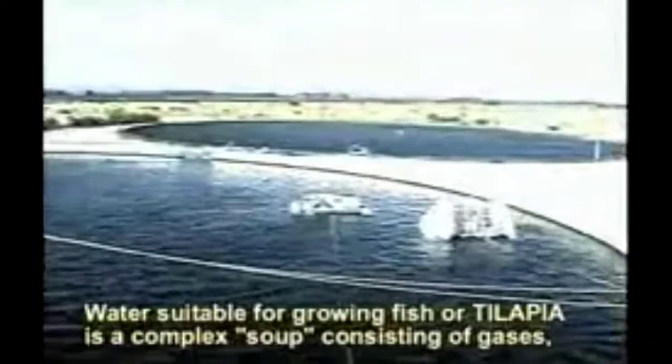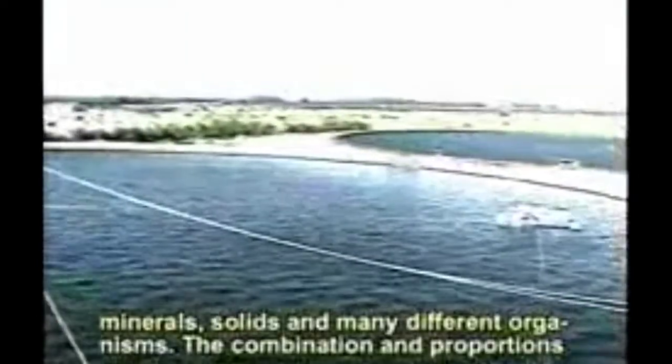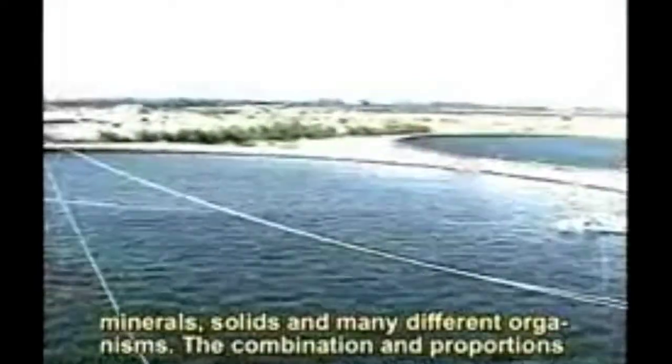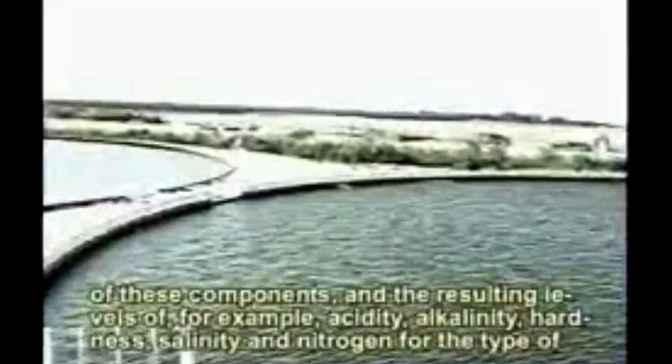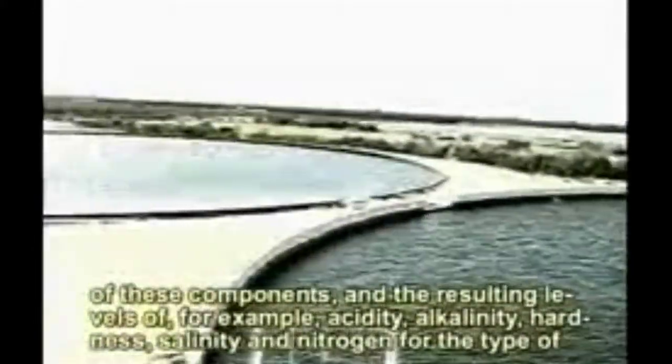Water suitable for growing fish or tilapia is a complex soup consisting of gases, minerals, solids, and many different organisms. The combination and proportions of these components and the resulting levels of, for example, acidity, alkalinity, hardness, salinity, and nitrogen, for the type of fish you want to grow, are vital for the long-term health of your tank. So managing the water chemistry of your tank involves first designing your tank from the outset with the correct basic materials, and then